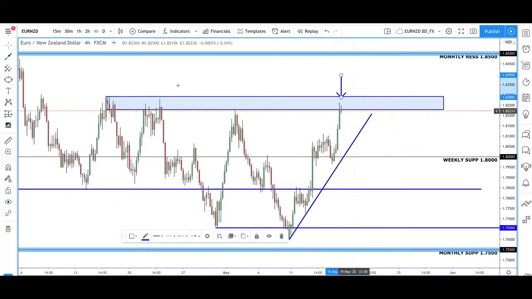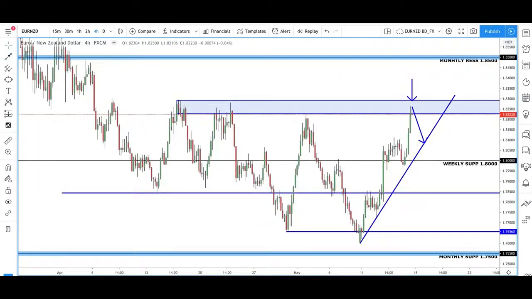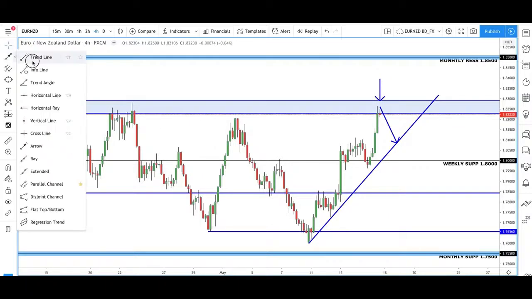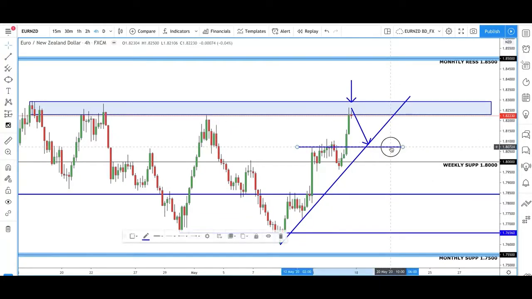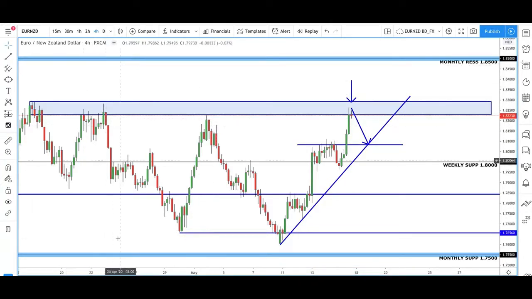So Euro NZD, you can see here we're coming into this strong level of resistance. So we didn't quite make this third touch of the trend line. So I'm going to be watching price to come back down, look for a trade back down to find some support. You can see here we've got resistance that we broke out from, so you could be looking at coming back down into sort of this region, find support before making a push to be able to actually break through this strong area of resistance.